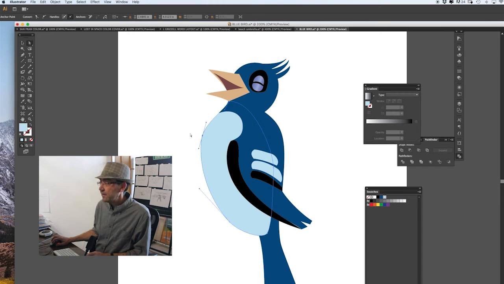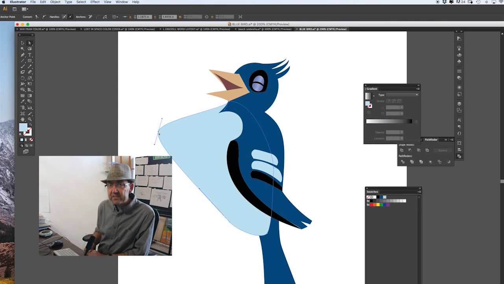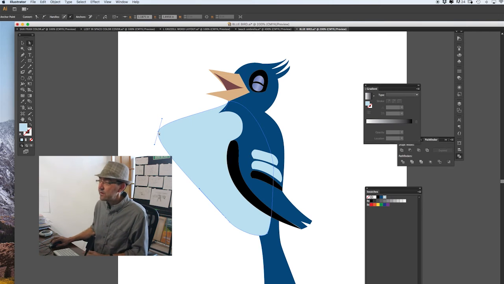only that anchor point. So for instance, with my direct select tool, I can select in the center of my object and I can move the whole object, or I can click and drag over just the anchor point and just select that anchor point. And now I can move just the anchor point, and the rest of the anchor points stay in place. That's very important. This allows you to make manipulations to anchor points without affecting the entire object,